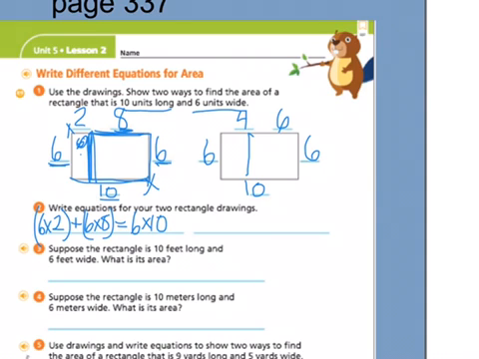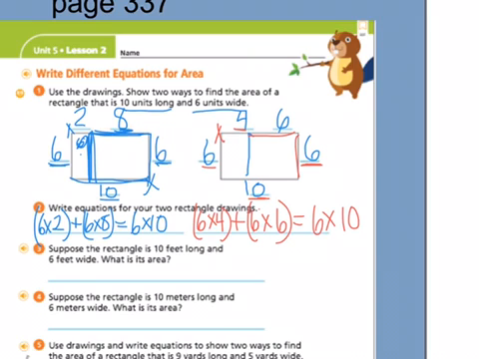Let's do the second rectangle. So we have this 6 times this 4, so 6 times 4 in parentheses, plus this 6 times this 6 in parentheses, and that is also the same as 6 times 10. Then it says, suppose the rectangle is 10 feet long and 6 feet wide. What is the area? So 10 times 6 equals 60